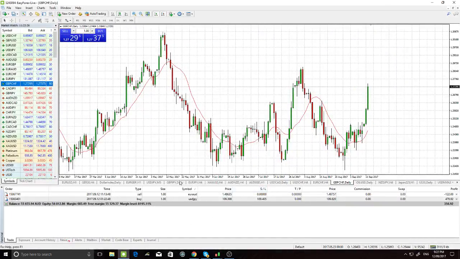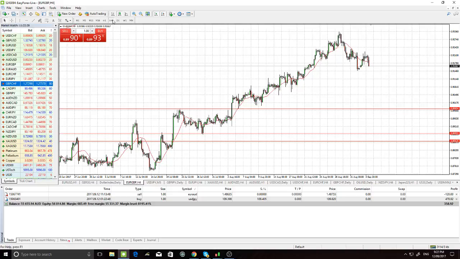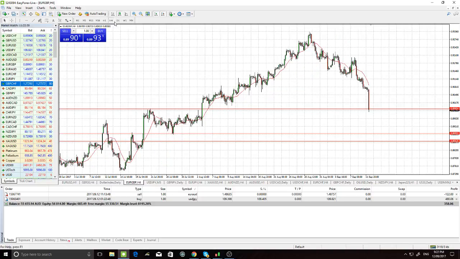So euro pound, I mean, it's really showing the way here. I suppose we should have been selling on the trend line break, sorry. But it did give a fair bit of clues that it was going lower. Some major reversals. This is after ECB didn't really get too far. And then the pound, when it broke 130, perhaps at that time we should have been selling euro pound. It was just happening with no real story behind it, so I didn't really have the conviction that I like on that pair.